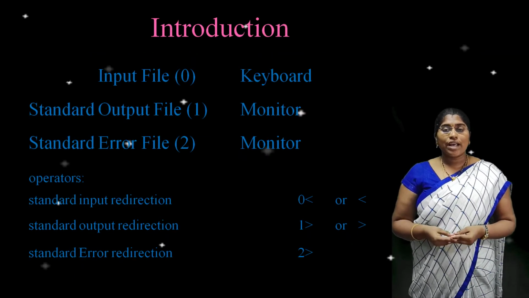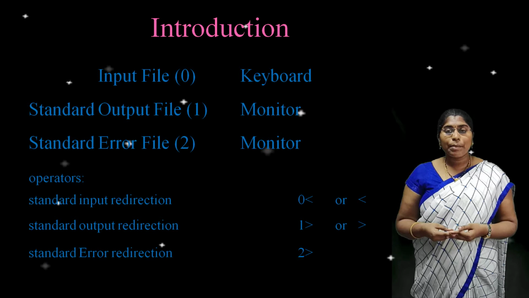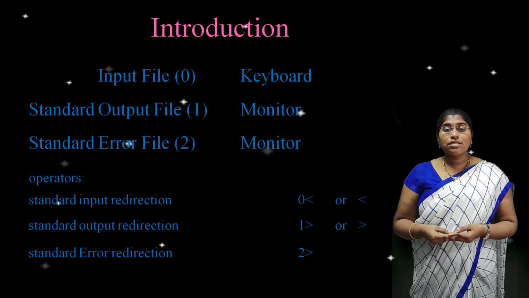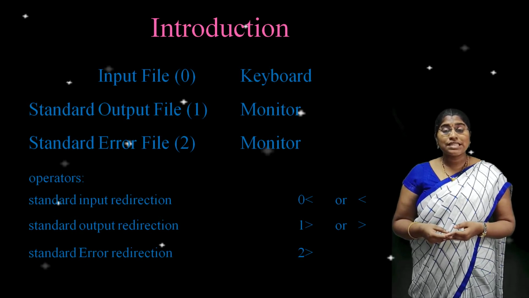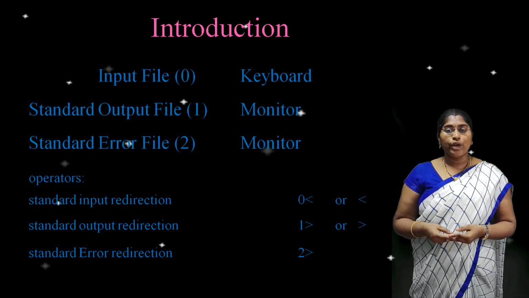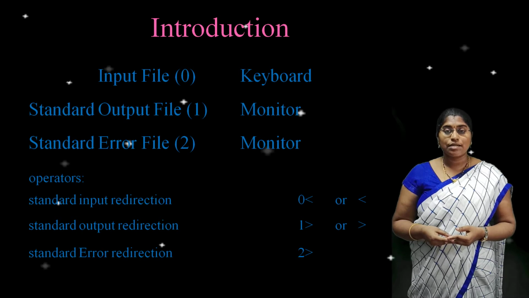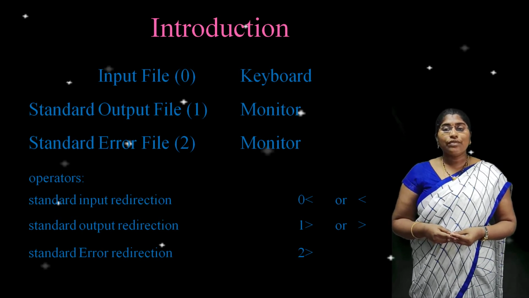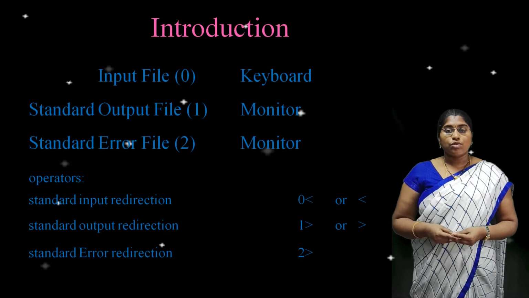Here, Unix files use three standard streams that are used by the commands. Each and every command takes its input from a stream that is known as standard input. So what is standard input? The command can take its input from a stream that is known as standard input. And after that, the commands that create output send it to a stream that is known as standard output. Here, if an executing command encounters an error, the error message is sent to standard error. Okay, so what is standard error?